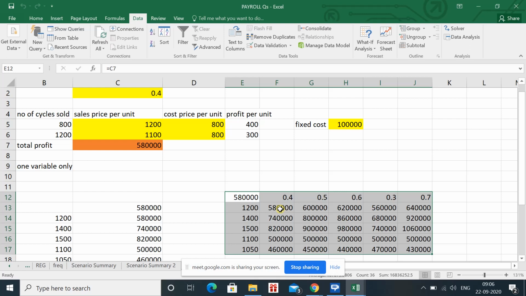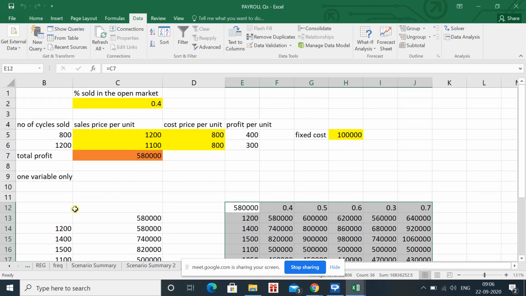We have completed goal seek and data table. In goal seek, we changed the percentage sold in the open market to achieve the desired profit. In the case of data table, we keep multiple inputs for the selling price and check the impact over the profits. And in the third point, they are saying that if you change two values, the percentage sold in the open market and the selling price in the open market, then what will be the impact over the profit? We check that with the help of data tables.